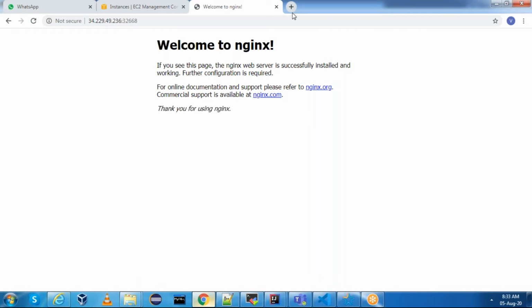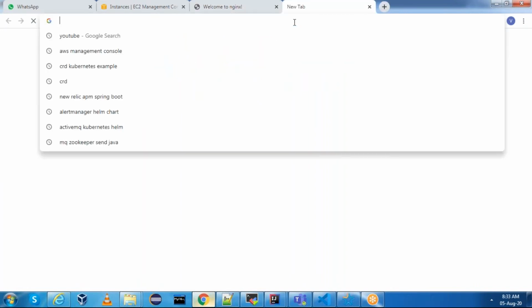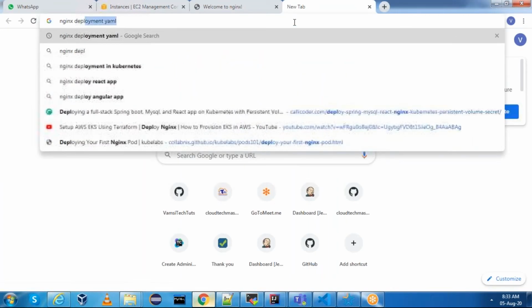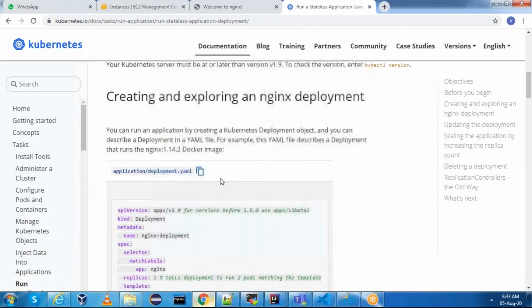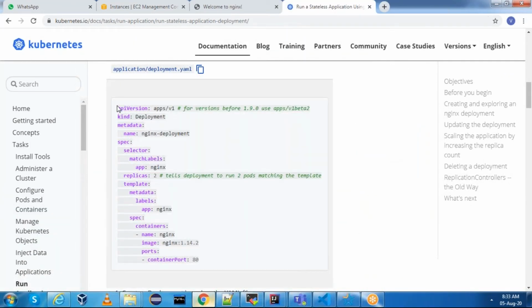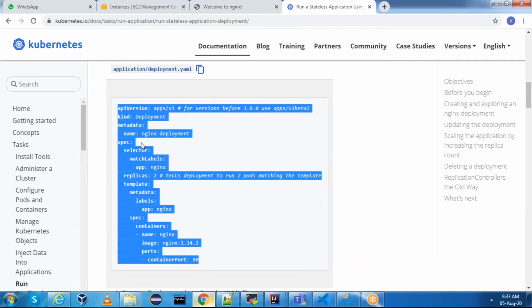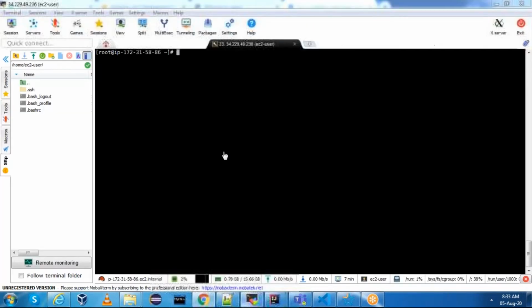We can deploy through that as well. Let me show you that. Nginx deployment YML. We can create in terms of YML files also. Let us copy this. Then vi nginx-deployment.